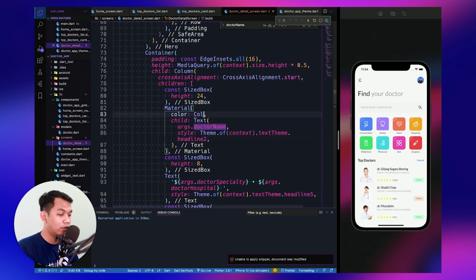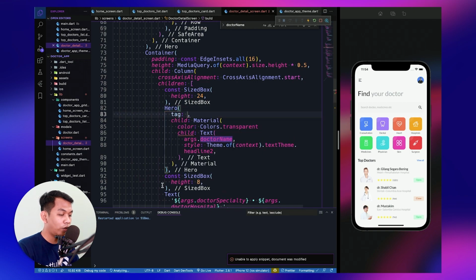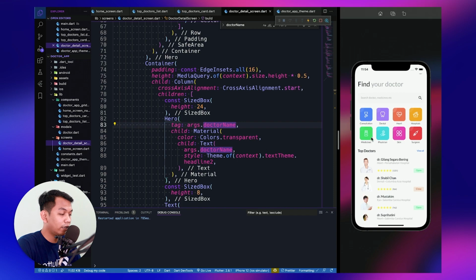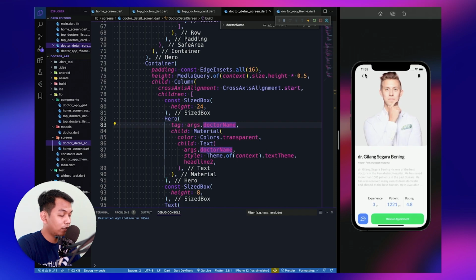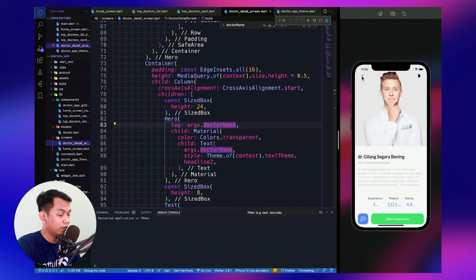And for the color, set it to transparent and wrap again using hero widget. And for the tag, we say our argument look like this and restart again. And now let's click this, and now we see a hero animation, image and text.